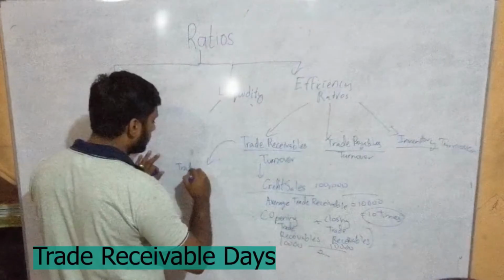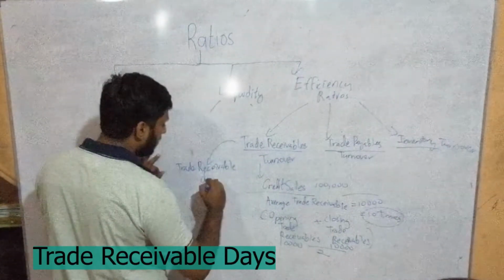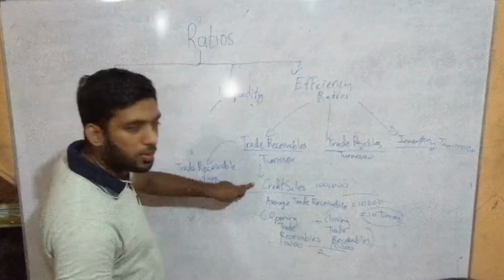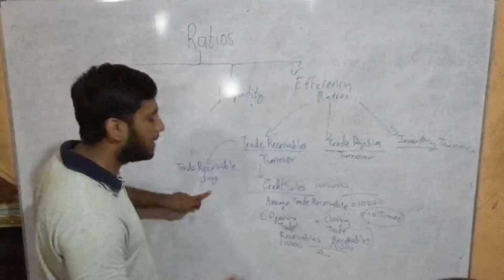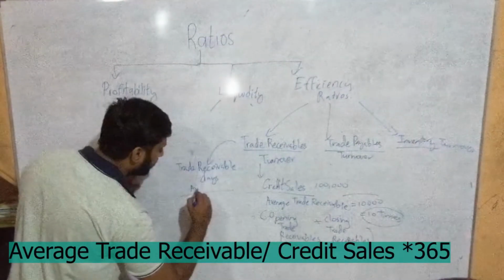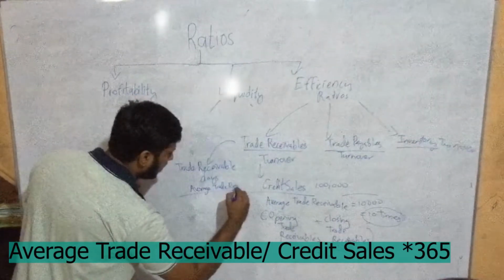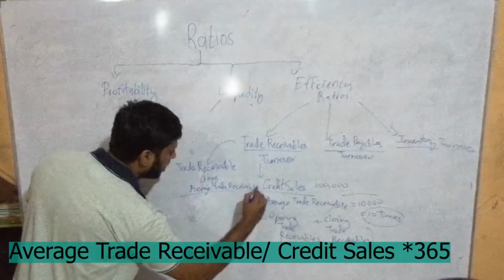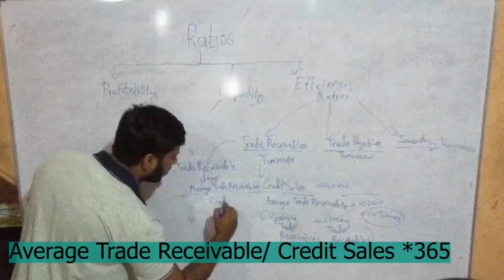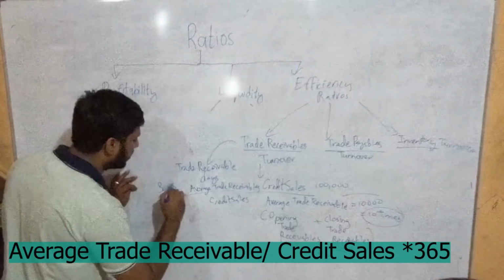But in trade receivables turnover, when I speak about trade receivables, that's another thing. Trade receivables days, number of days. Okay, so examiner is easy. So if you know the formula, doing the trade receivable days is also easy. How to do? You bring the average trade receivables up. Okay, average trade receivables will come up, and what will come down? Credit sales will come down, and you need to multiply into 365.